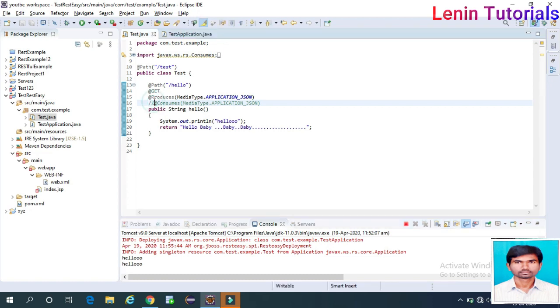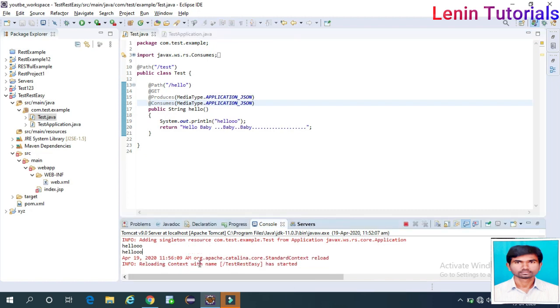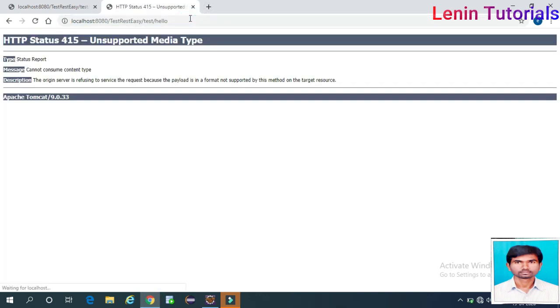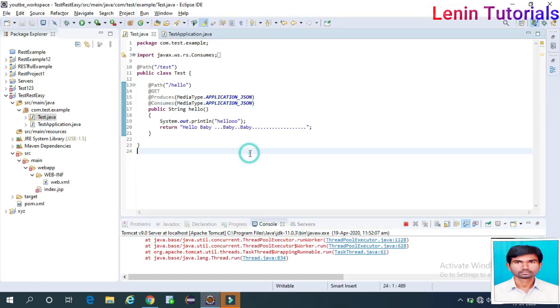Now we uncomment it. Control S. Now the server will get loaded. Now on the same command we will get a problem, because we are not passing any parameters. Even though we are not passing any values, we are using consumes, that's why it is getting some error.